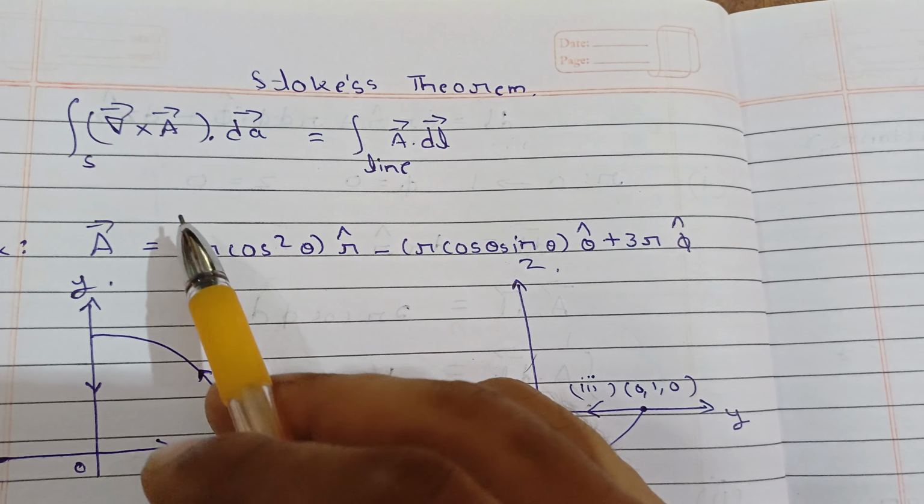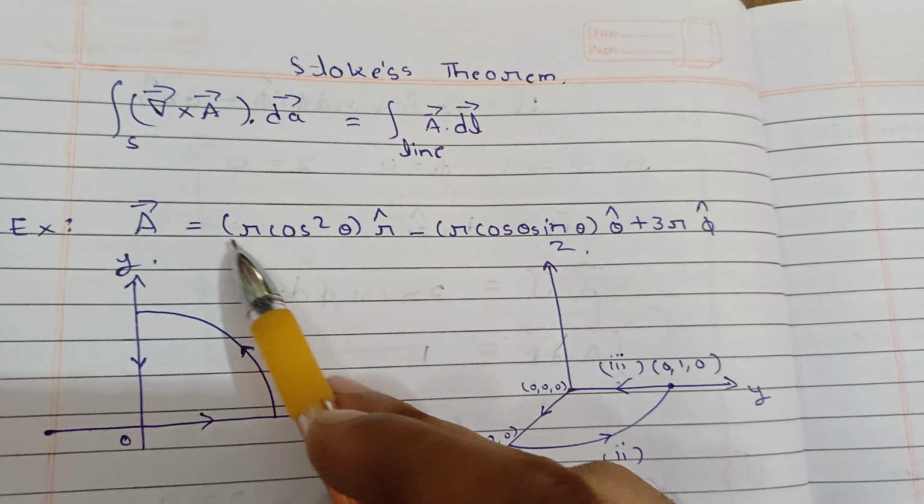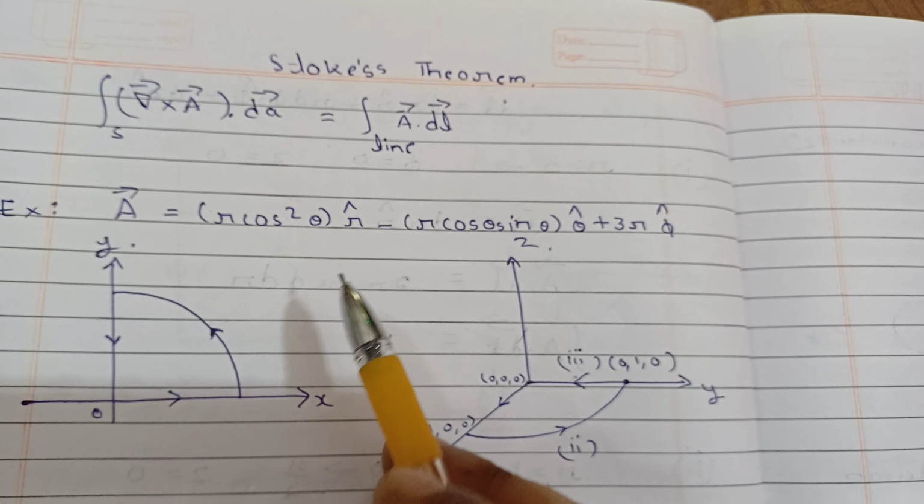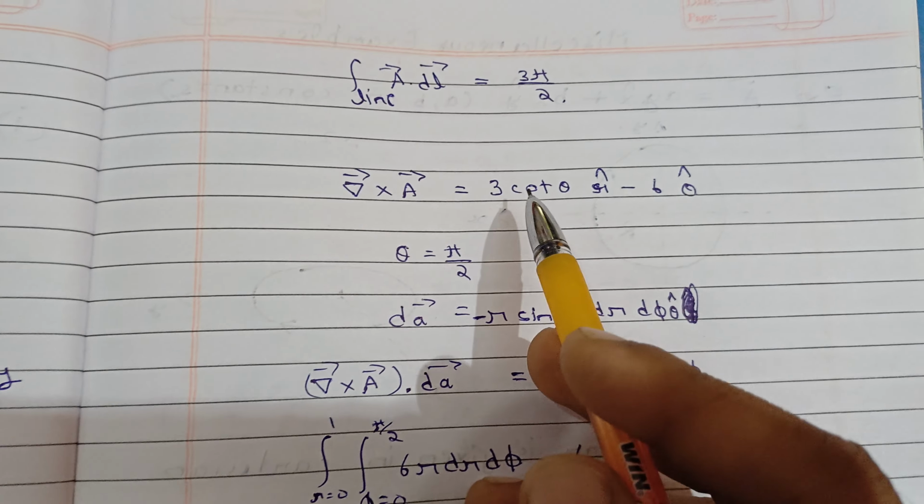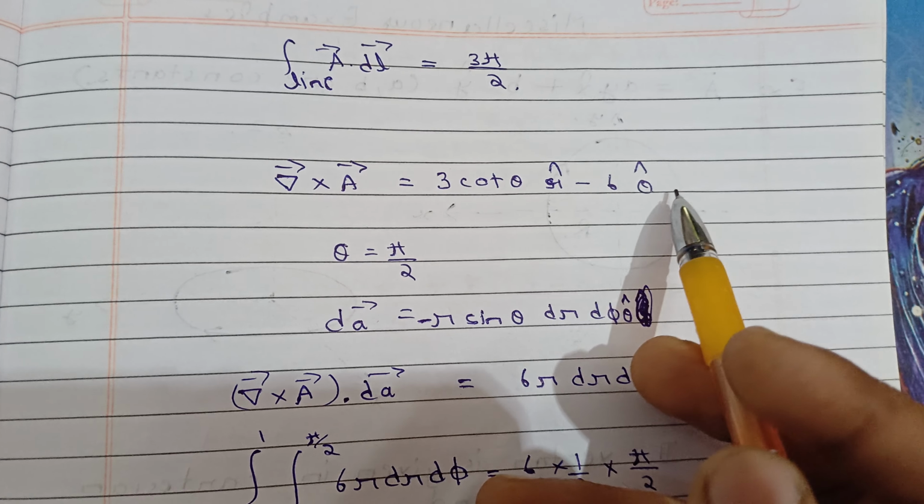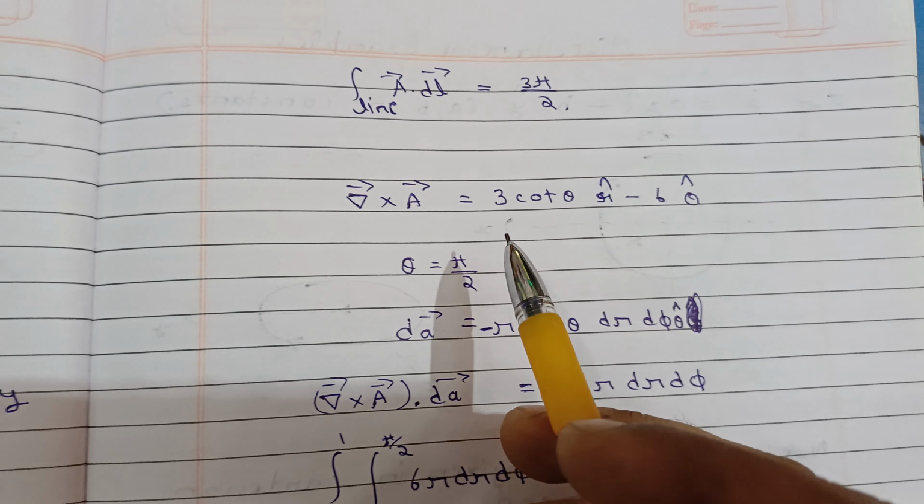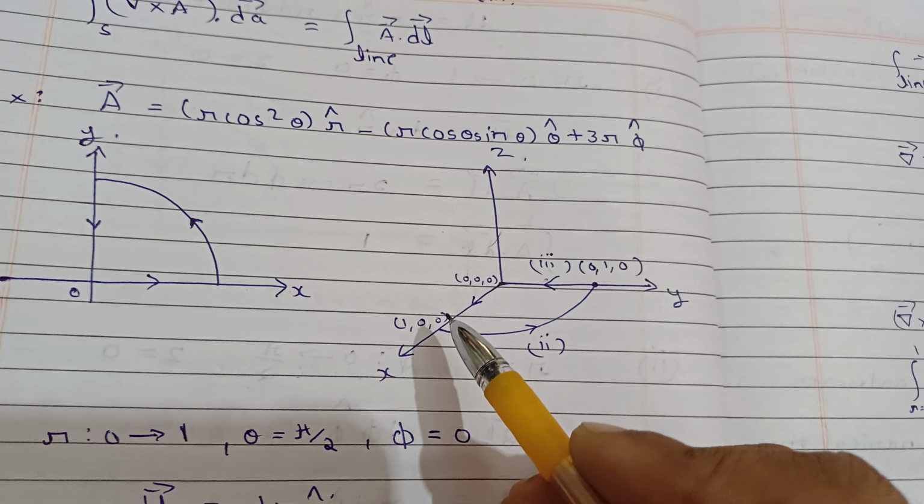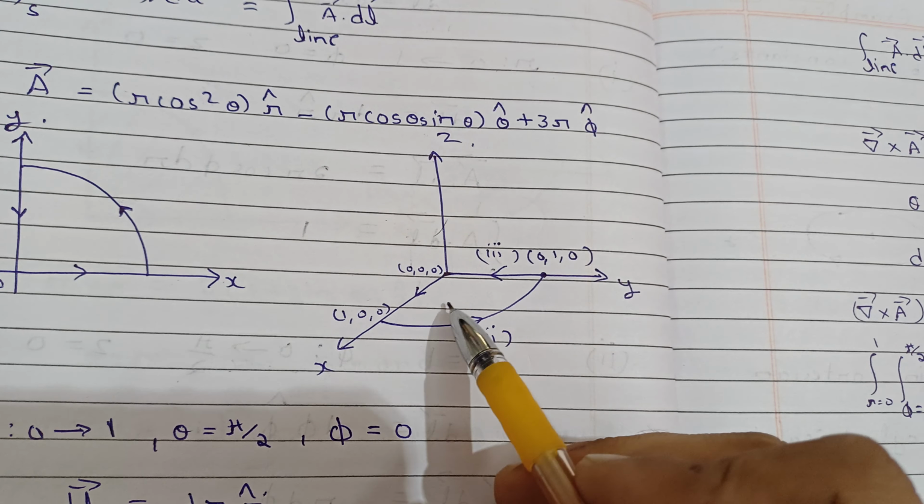Now let's check if the left hand side gives you the same result or not. Let's find the curl of A. For this vector, if you find the curl, we have already found this value. This curl of A came out to be 3 cot theta r cap minus 6 theta cap. Now what you need to do is find the dA also. So for this surface, what will be dA? So see,